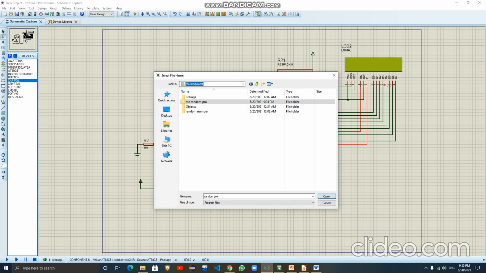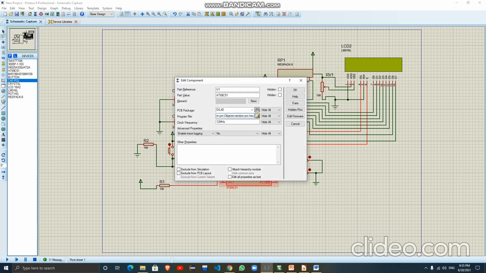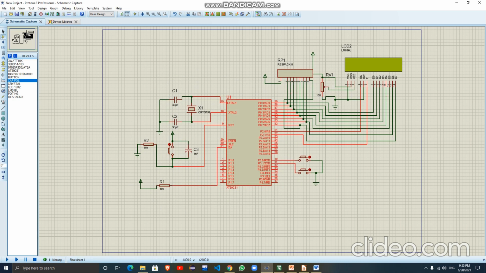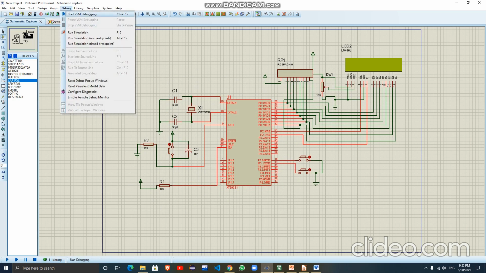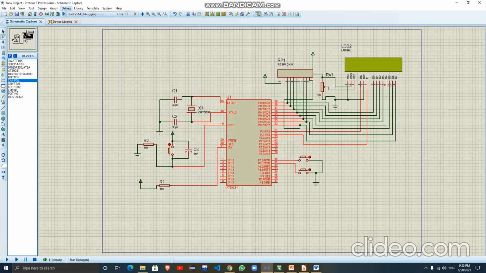You need to know in which folder you created that file. I already created the MC random project. This is the hex file, see, the type is hex file. I selected this, opened it and pressed OK, and then in the debug menu it will start VSM debugging. Now it's ready to execute.